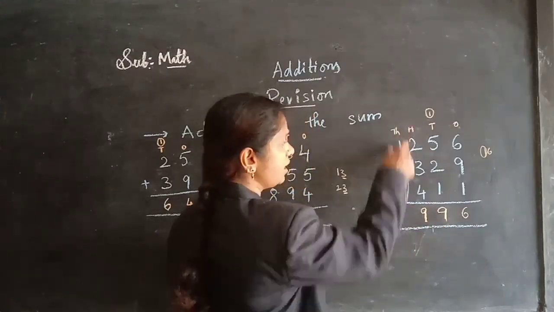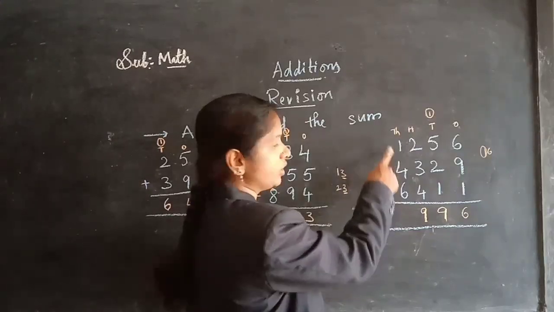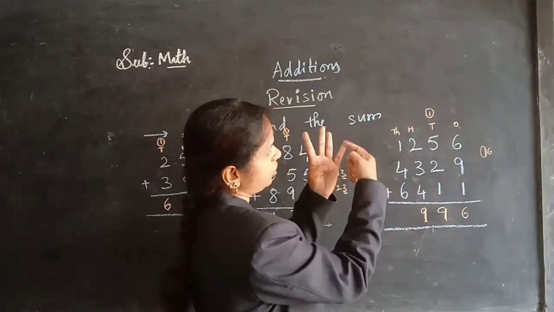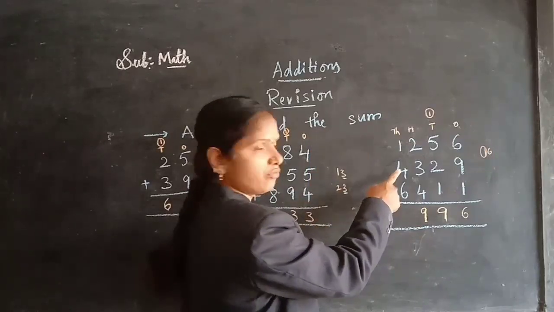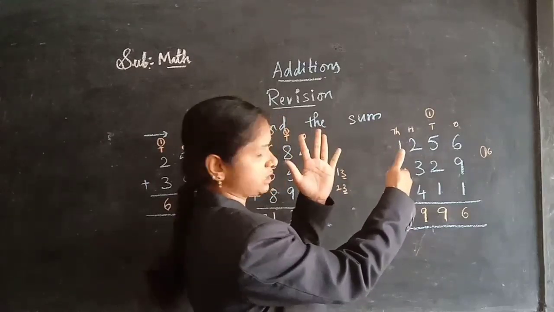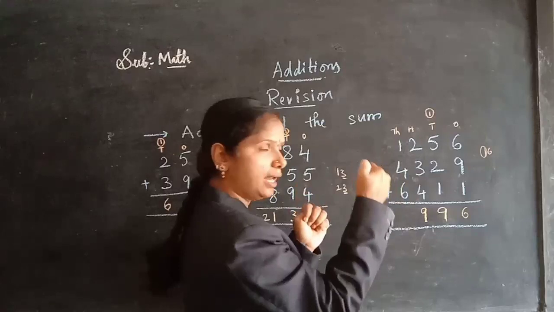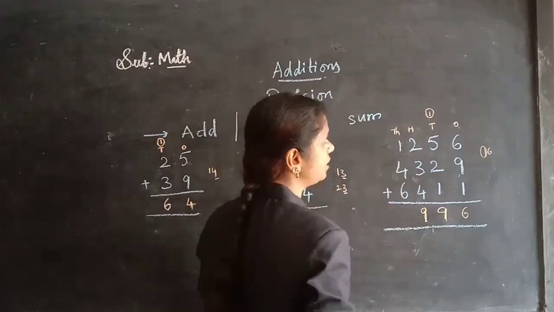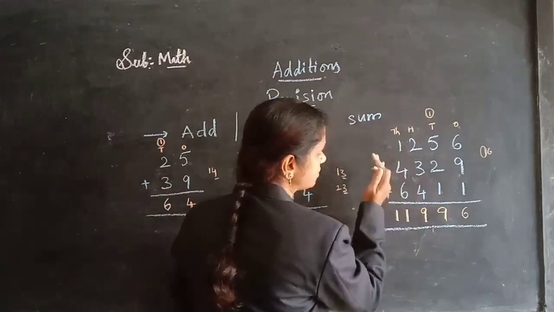And now let's add the thousands column. Now 1 after I need to add 4. So 1 after 4 means 2, 3, 4, 5. 5 I am getting. 5 after again I need to add here 6. So 5 after 6 means 6, 7, 8, 9, 10 and 11. When I am adding here 11 I am getting. Here we are getting 2 digits but we don't have the next place now. So 11 as it is we are writing.